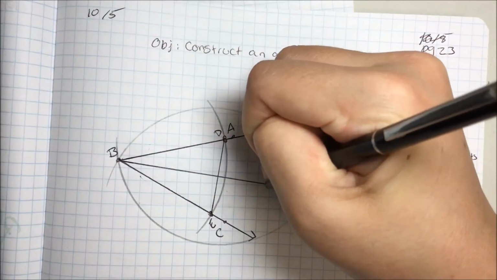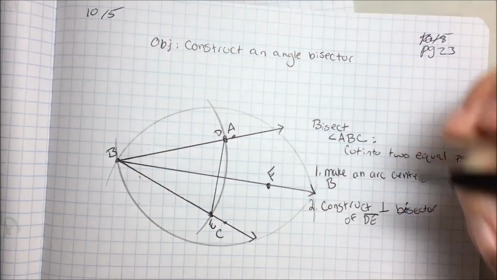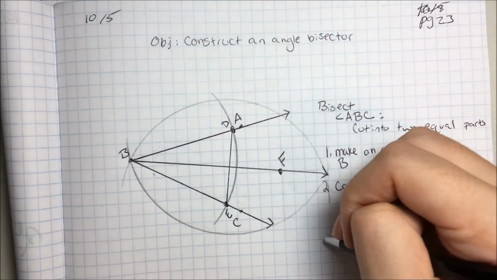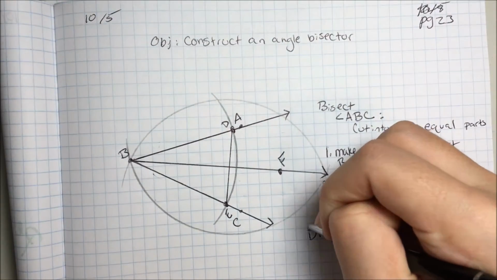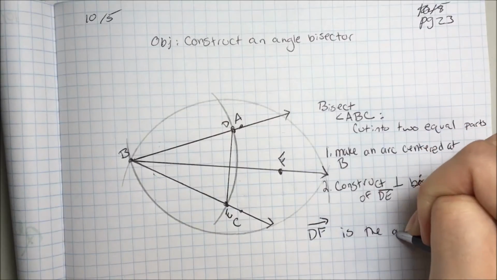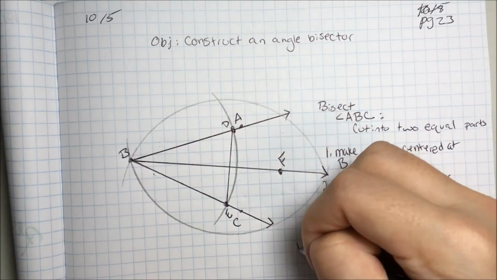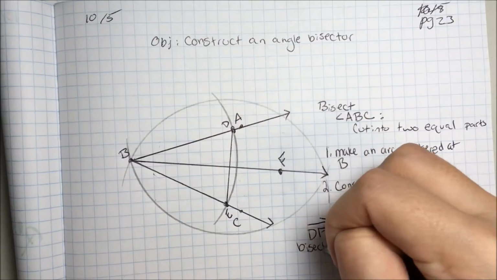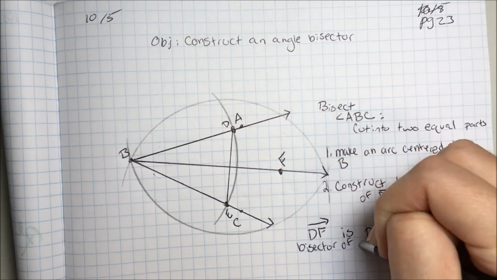And I will call this F. So DF, ray DF is the angle bisector of angle